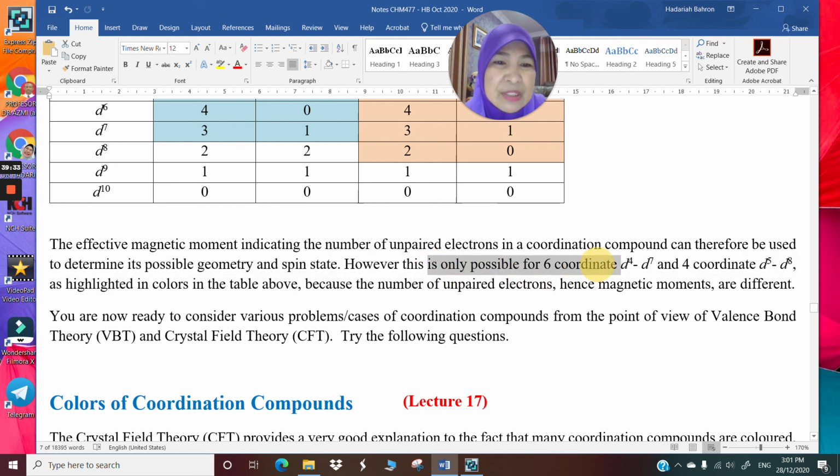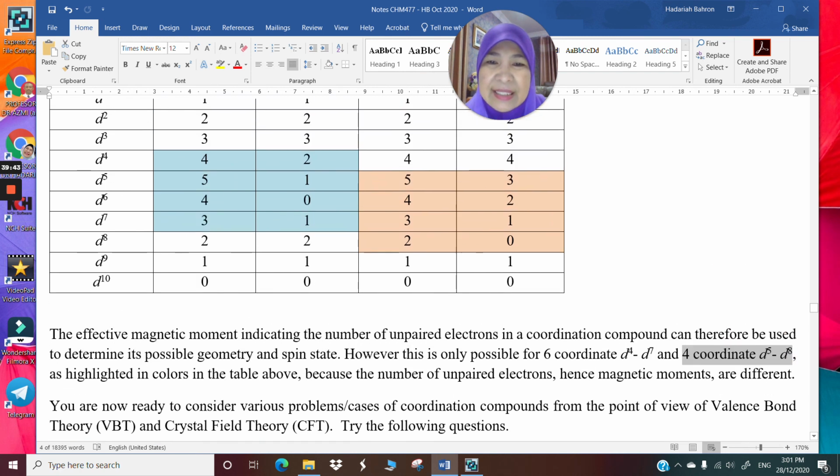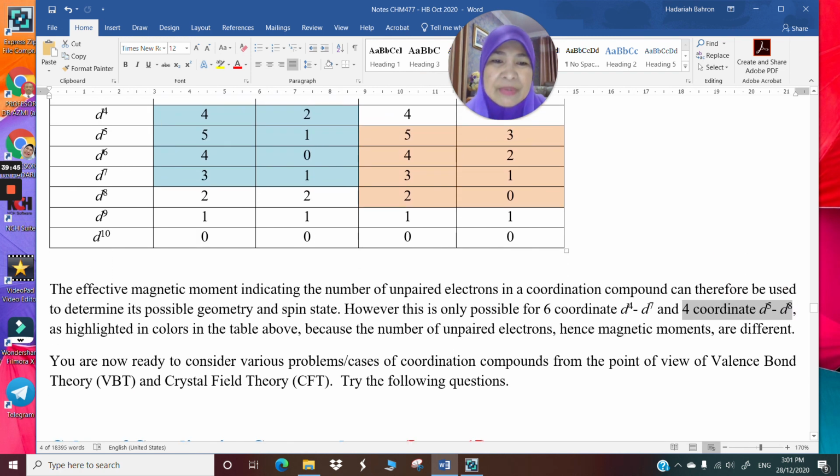However, this is only possible for 6-coordinate D4 to D7, as I was telling you, and 4-coordinate D5 to D8, as highlighted in the colors given in the table above, because the number of unpaired electrons, hence the magnetic moments, will be different for these